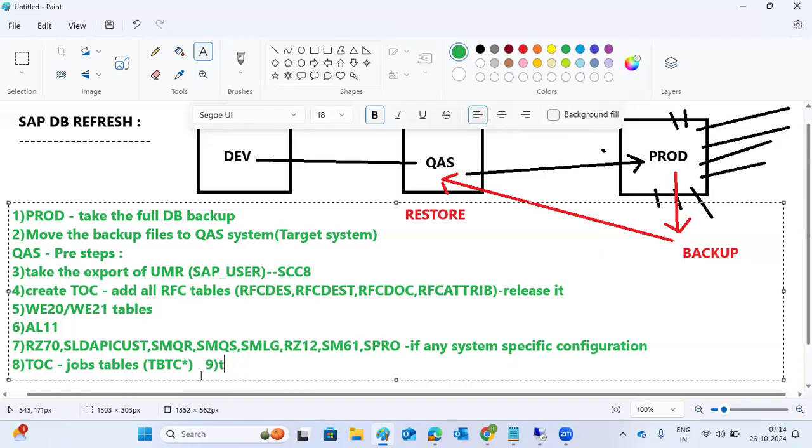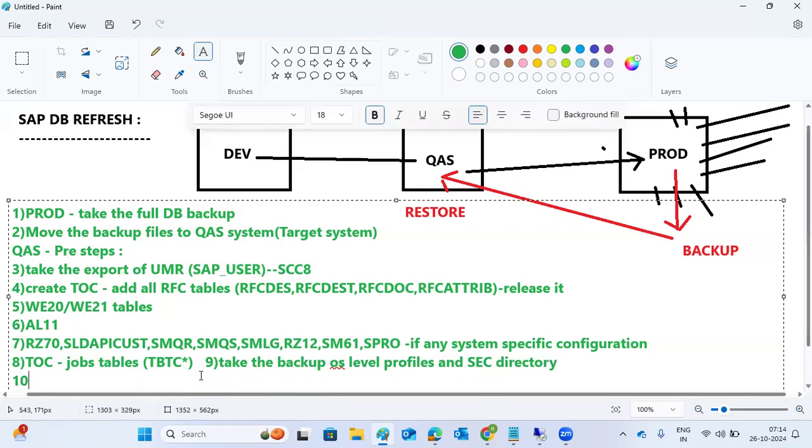Take the backup of the OS level profile directory, all the profiles and the sec directory, we can take the backup here, and the certificates. Then we can export the quality certificates from the trust transaction code STRUST, SSO2. So once that is done, then